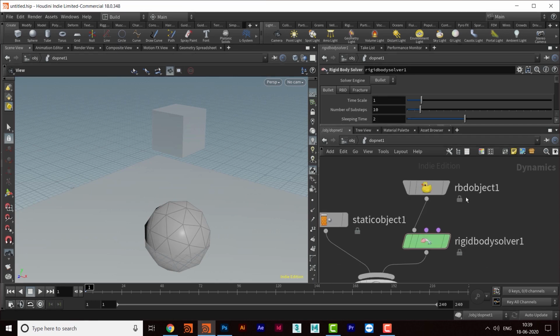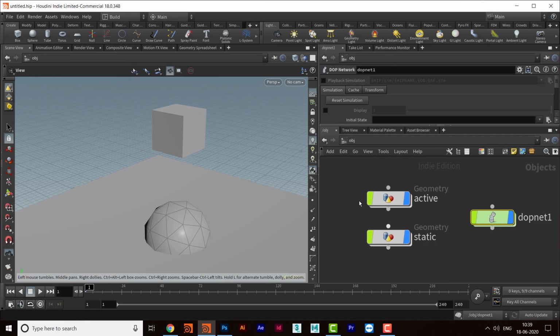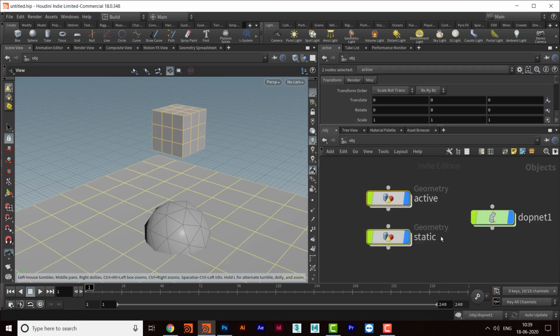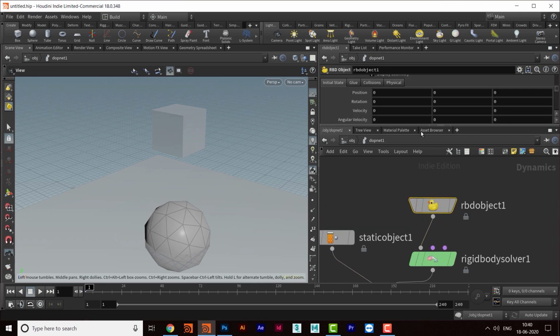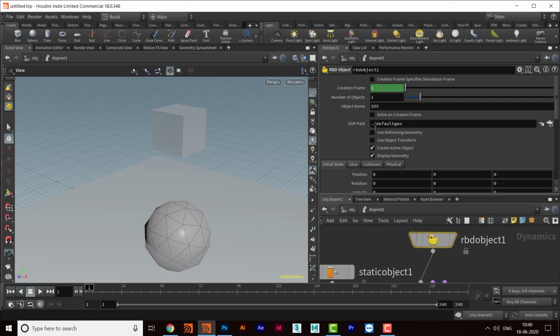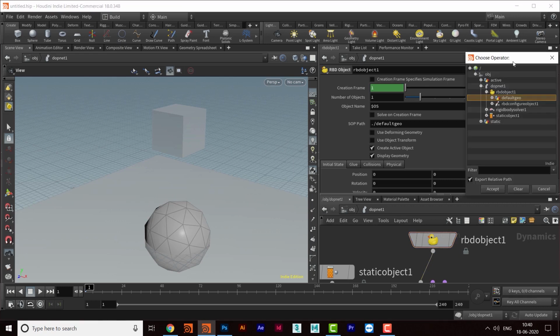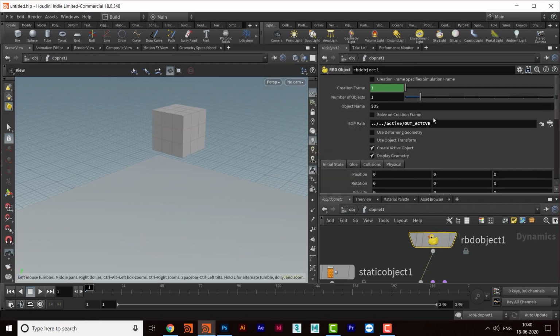So now what we have to do is fetch these two objects from the objects we created here. I'll go here in the RBD object, which is used to fetch rigid bodies. I will go in the SOP path, click the button, go in active, and out active is there, and then we'll accept it. Okay, so now we have got this thing.